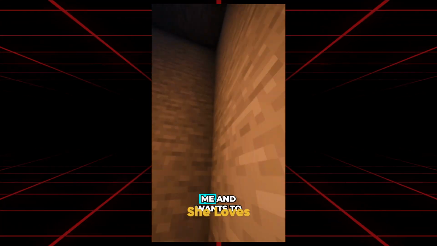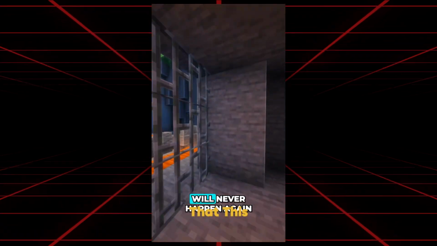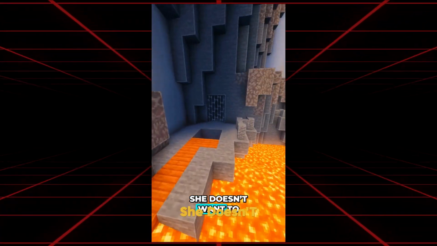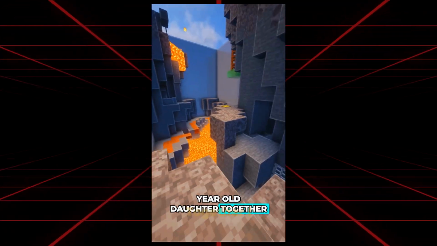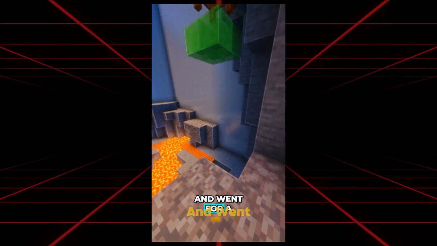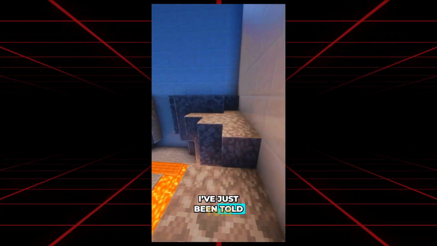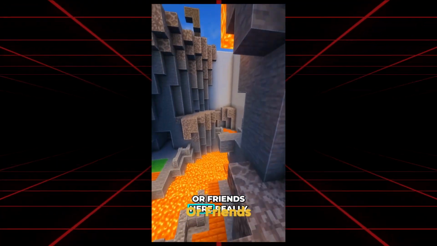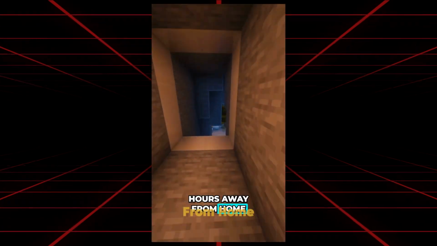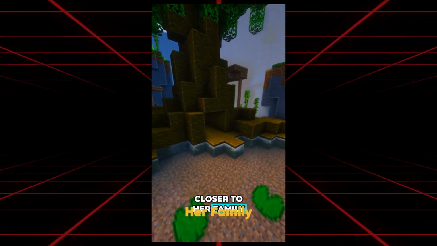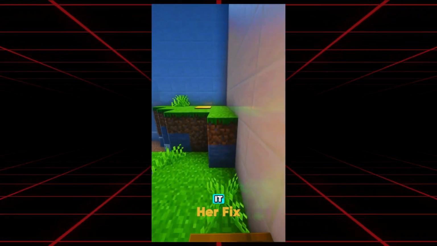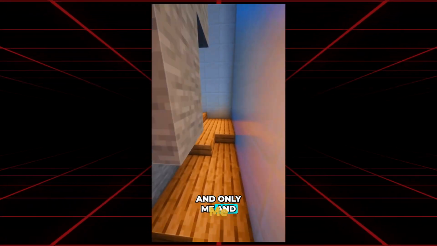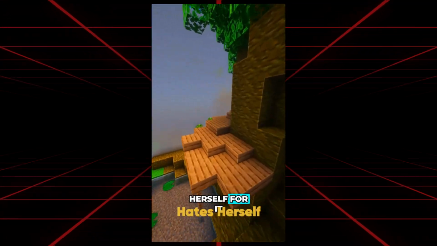She said she loves me and wants to fix things and prove to me that this will never happen again. She doesn't want to break our family apart. We have a 5-year-old and 9-year-old daughter together. I left the house and went for a drive to process what I've just been told. I have no family or friends here really, as I moved 11 hours away from home so she could be closer to her family. I got hundreds of texts during the drive apologizing and begging me to let her fix it. That she loves me and only me, and it was a huge mistake and she hates herself for it. I don't know what